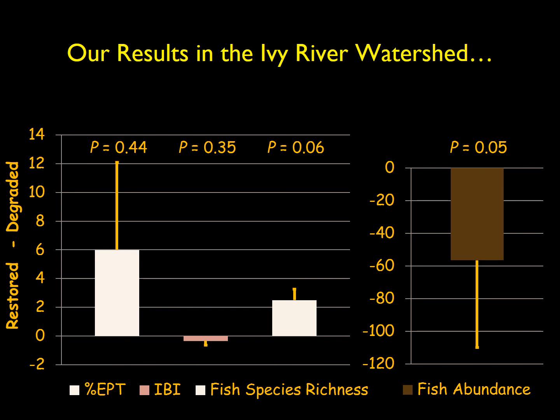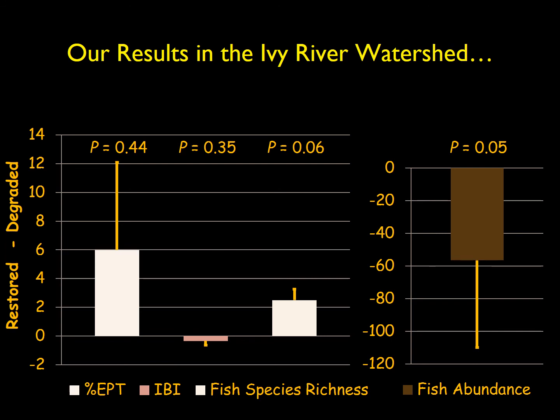If you go back to the results of my research students and I, when we were in the Ivy River watershed up in Madison County, we found something similar. Looking at the p-values there on the upper part of that panel on the left, there was a marginally significant increase of a little over 2 species on average, 2 more species of fish in the restored than unrestored sites. Whereas the invertebrate-based metrics there, percent EPT and an index of biotic integrity, really no difference.